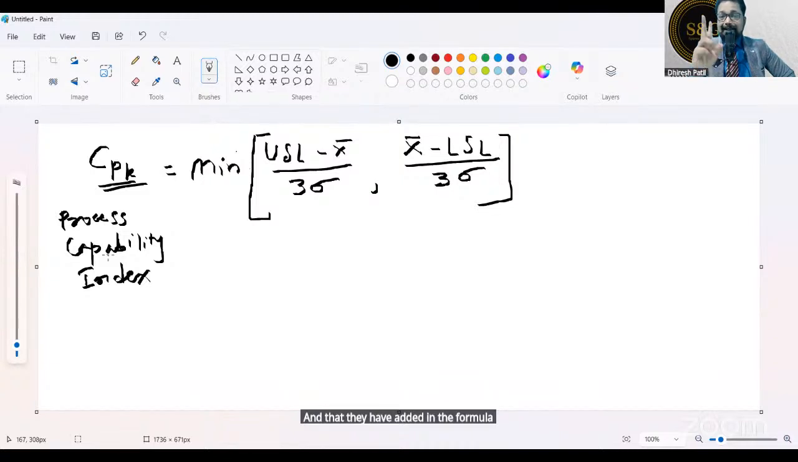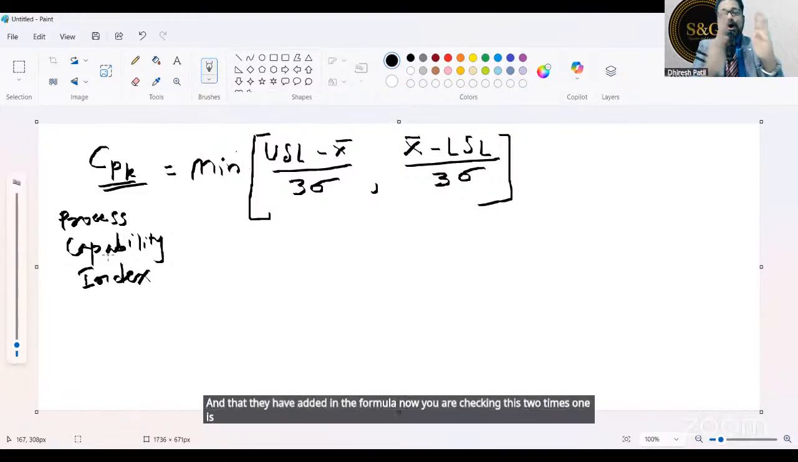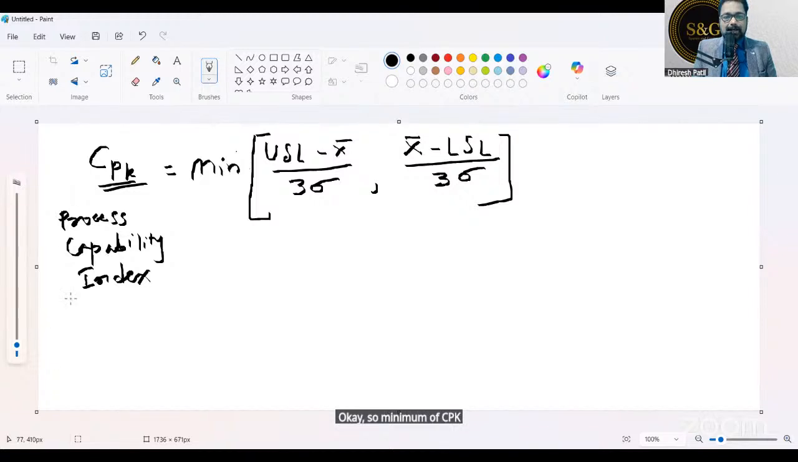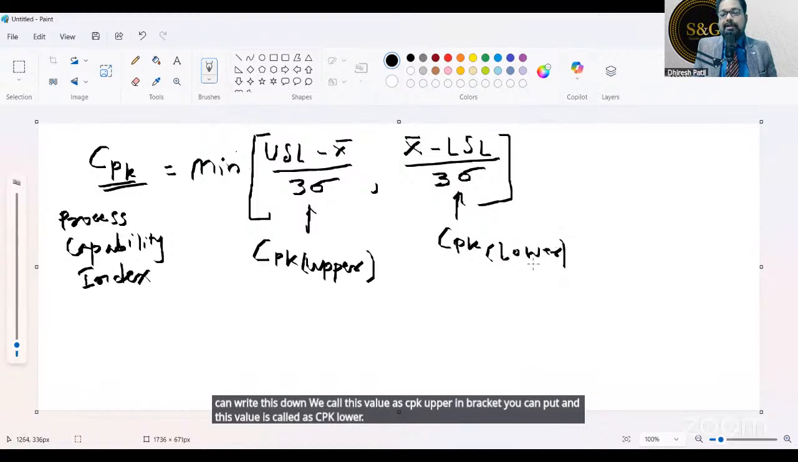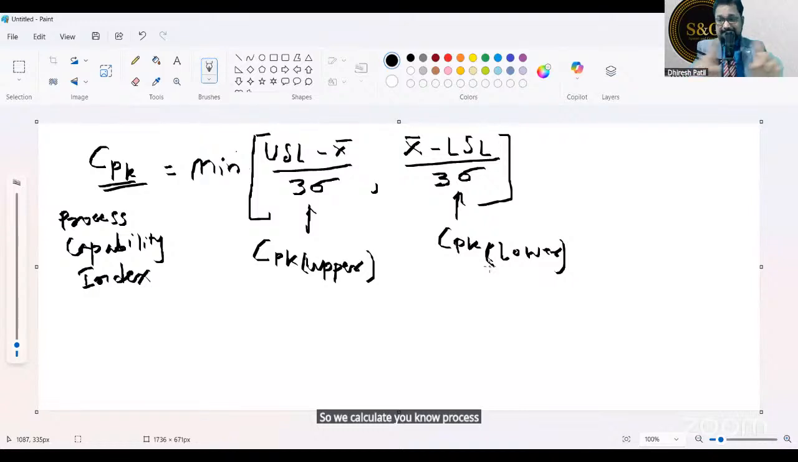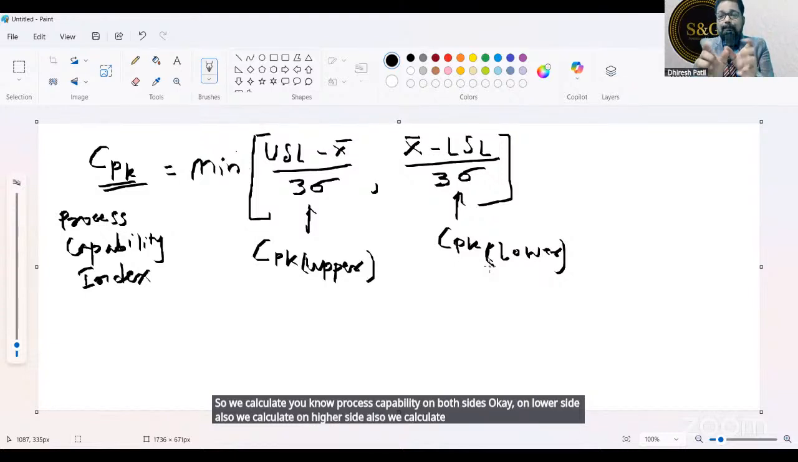Now you are checking this 2 times. One is on left side, one is on the right side, and whichever is lower, that is called Cpk value. So minimum of Cpk. We call this value as Cpk upper. You can write this down. In bracket you can put. And this value is called as Cpk lower. So we calculate process capability on both sides. On lower side also we calculate, on higher side also we calculate, and whichever number is lower, that is